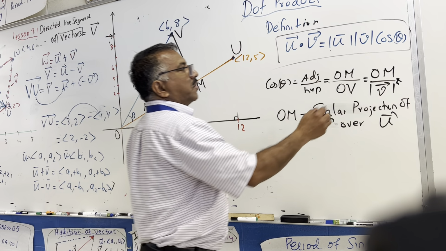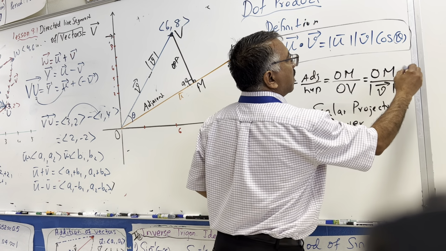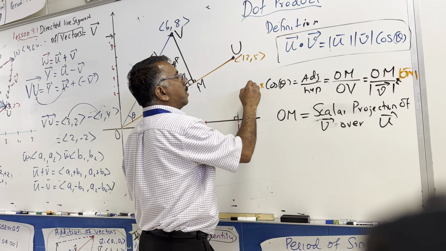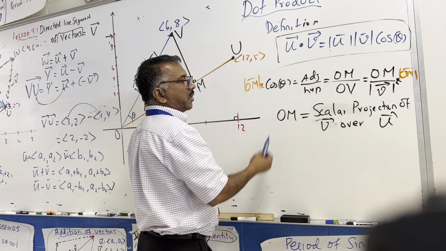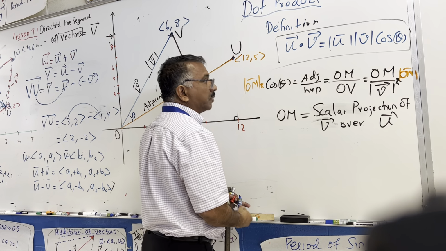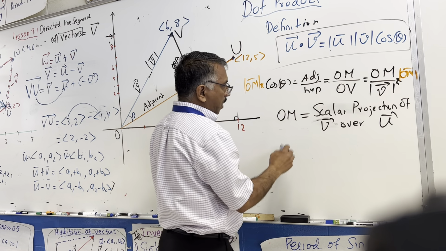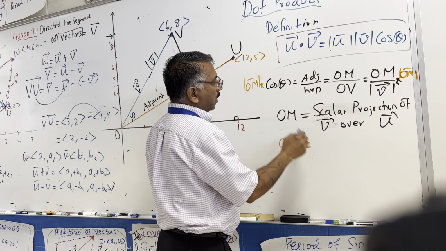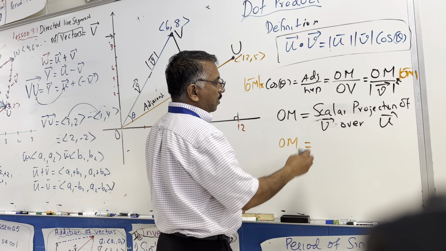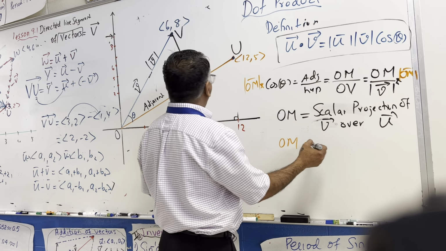So multiplying both sides, this is magnitude, right? So all you get is that OM equals,